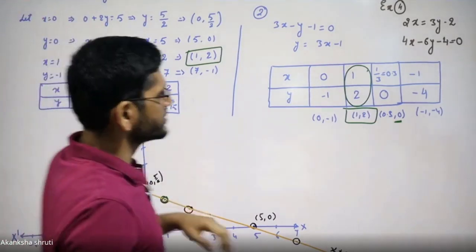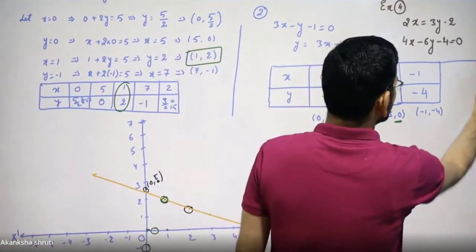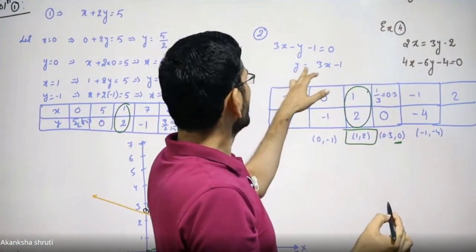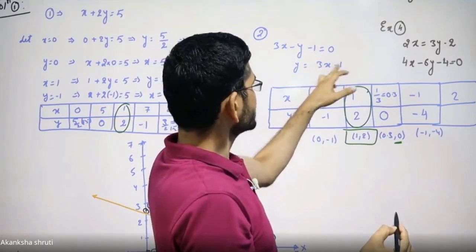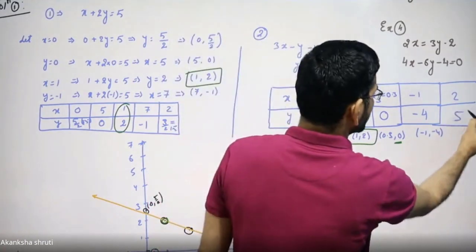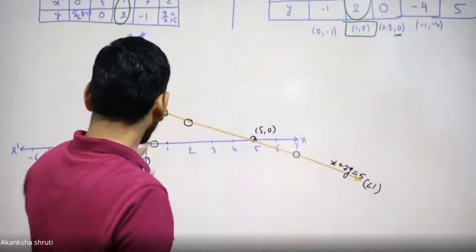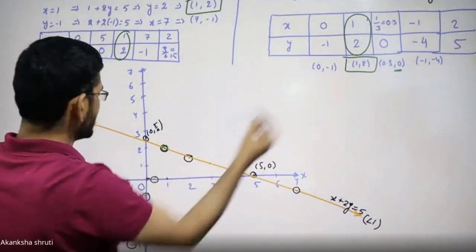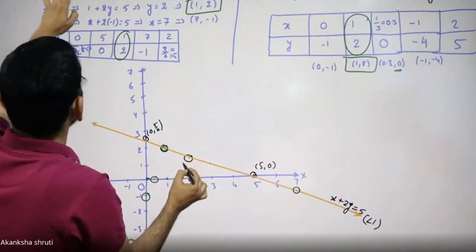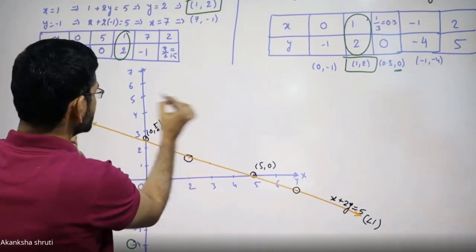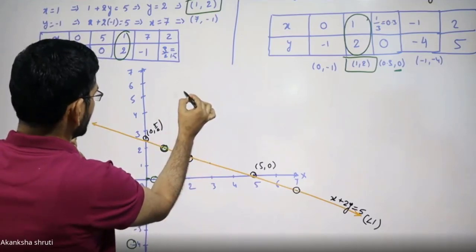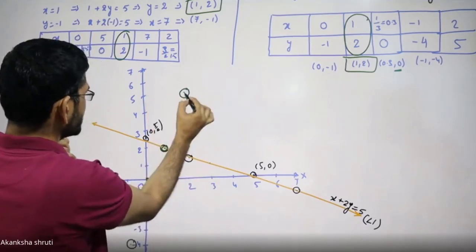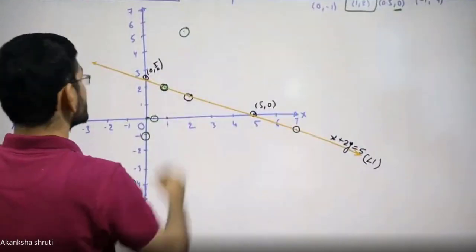Let me add one more. Take x is equal to 2. So taking x is equal to 2 in this, y is equal to 2 threes are 6 minus 1, which is 5. For your understanding, it is going beyond this. So taking x is equal to 2, y is coming as 5. So put this point also, x is 2, y is 5. It is somewhere here. Okay, x is equal to 2, y is this 5. Now we need to join all these.